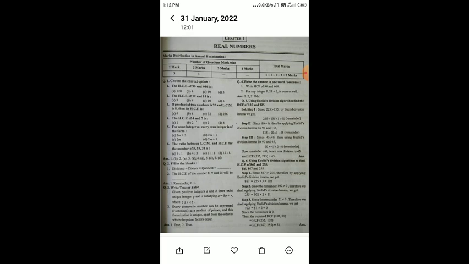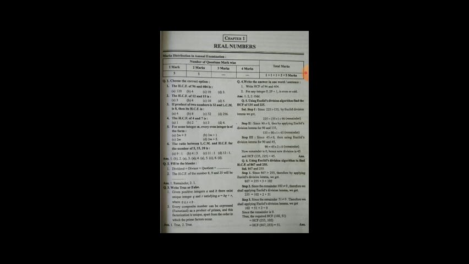Now, in the sixth question, we have to calculate the ratio of the LCM and HCF of the following numbers. In this you can follow your normal method of finding out the factors. First we will calculate the LCM of these three numbers, then we calculate the HCF of these three numbers by the normal LCM or prime factorization method. Then we will divide them, and we will get our desirable answer.